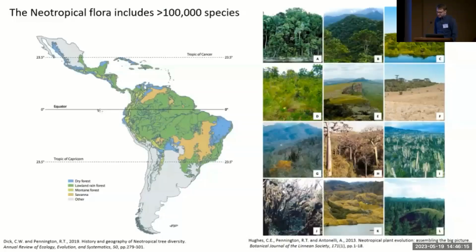Okay, so the neotropical flora includes over 100,000 plant species, which is a huge proportion of global plant diversity. And the neotropical region is generally viewed as a hotspot of in situ diversification. And this is definitely the case. But the neotropical flora has also been heavily influenced by plant migrations into the region throughout the Cenozoic. And in terms of plant migrations,